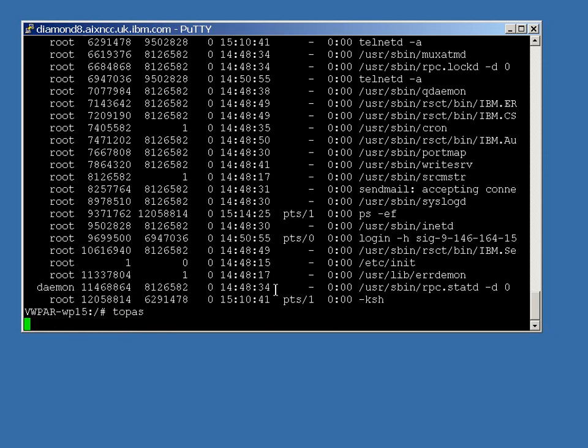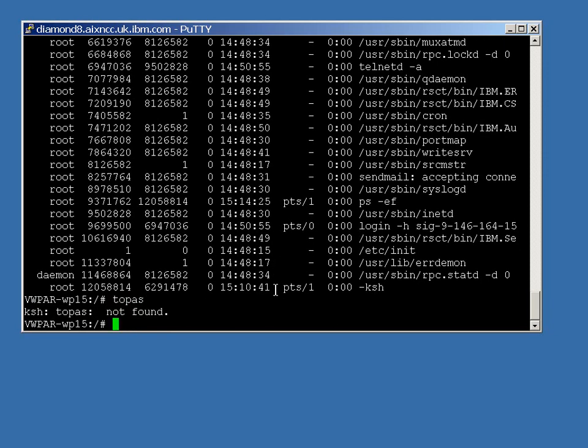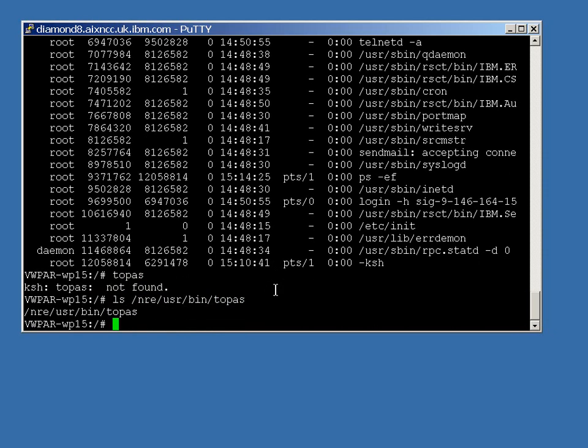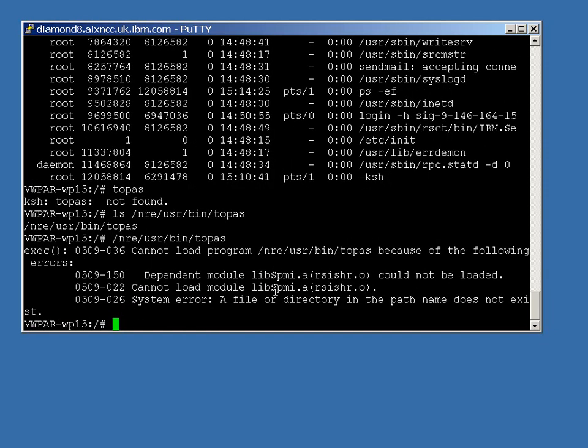Let's have a look at some performance numbers. topas. Oh, well, 5.2 never had the topas command. That's a bit of a shame. I did notice that if you go to here, there is a topas there, so perhaps we could run that. No, we can't. We're running AIX 5.2, and that requires libraries that are not present, so we can't run AIX 7 commands in this environment. Okay, so I'll need to go and get a copy of nmon Classic